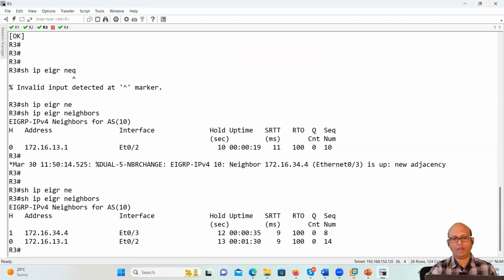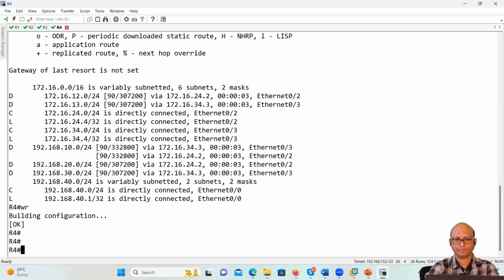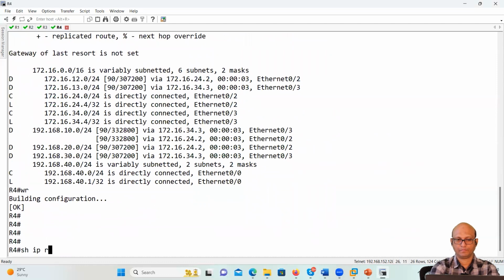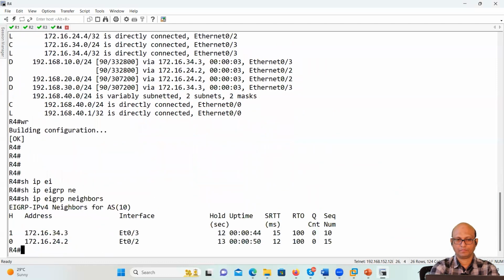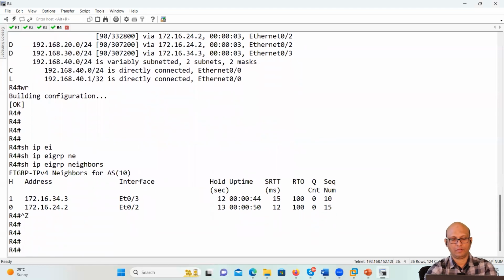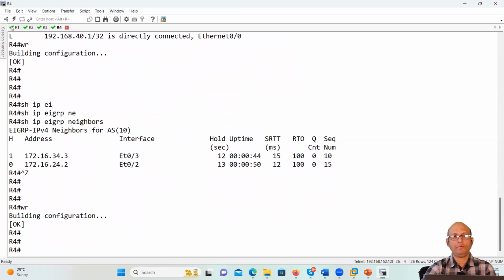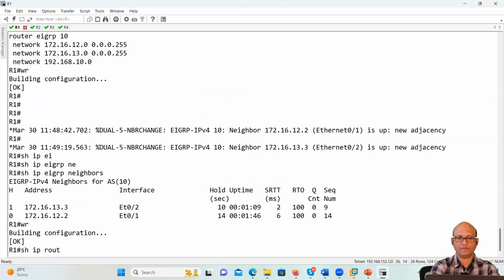R3 is neighbor to R4 and R1. Okay, so R4. So now all the neighborships are up, so all should receive